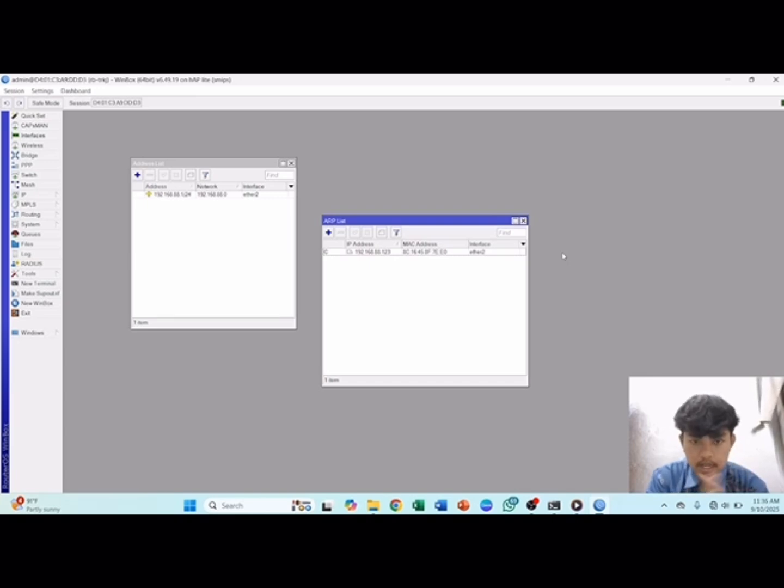Also after we add a static ARP entry, finally we connect the router to the internet using Ether1.